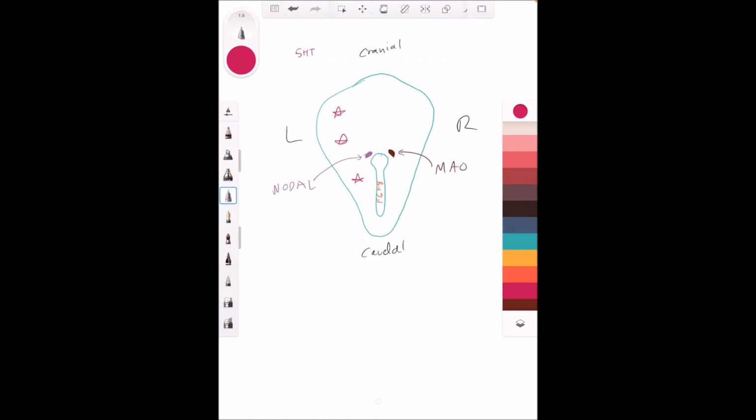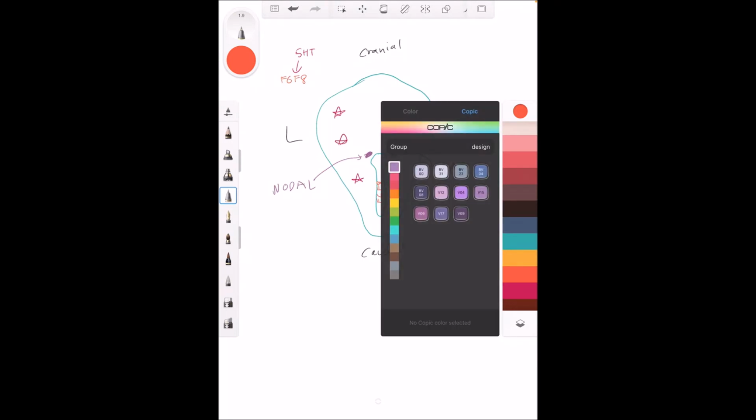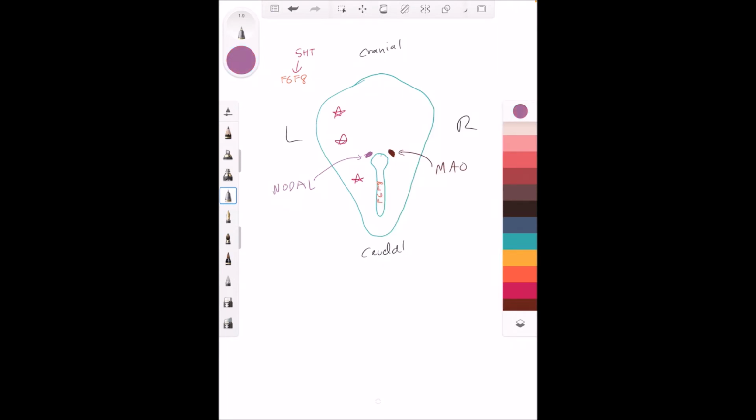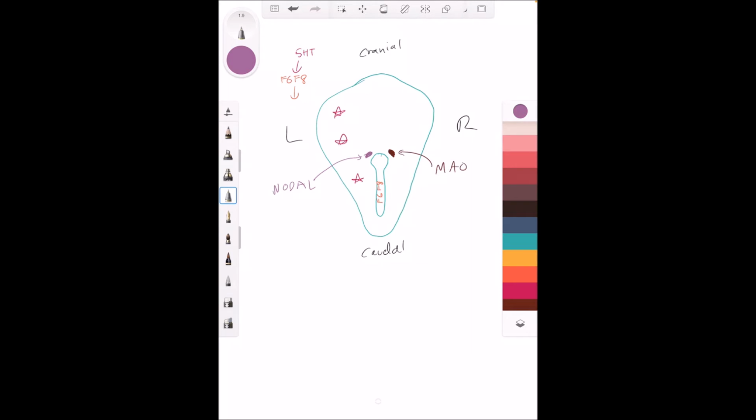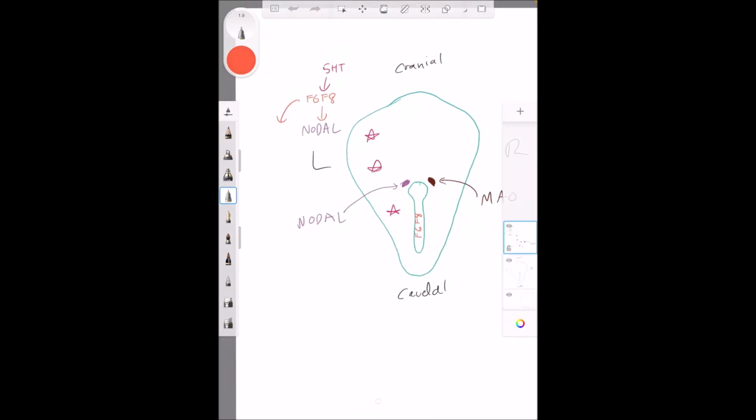What the serotonin does is it will further activate FGF8. So 5-HT will activate fibroblast growth factor 8, which was originally in the primitive streak, but it's going to enhance that secretion. And what that's going to do is FGF8 will enhance the secretion of nodal, but also the secretion of